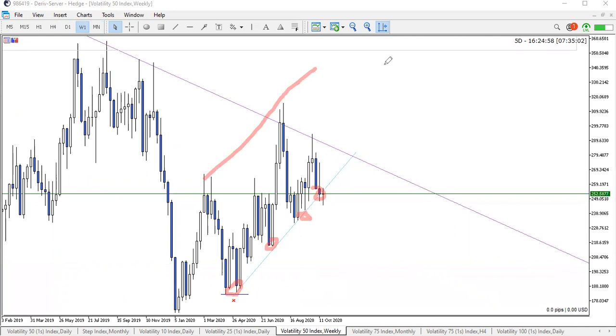But looking at this, you can see that the weekly is turning a bit more bearish than anything, right? So that is something that I am looking at the moment. So therefore, it would be much safer, even on the lower time frames, to look for more selling opportunities rather than buying opportunities, because we can see that price is currently sitting on this trend line with this week's candle currently opening on the outside of the trend line, right?